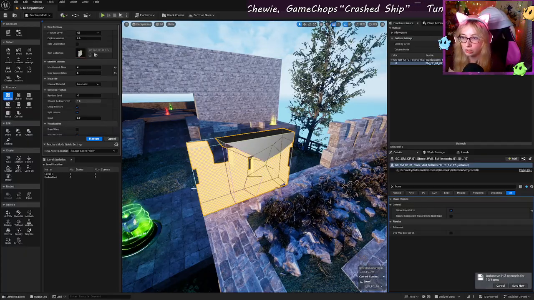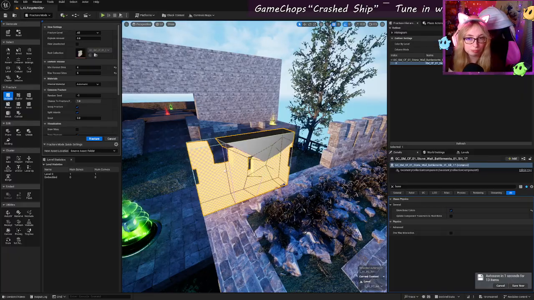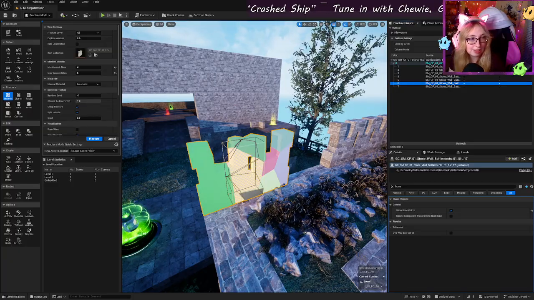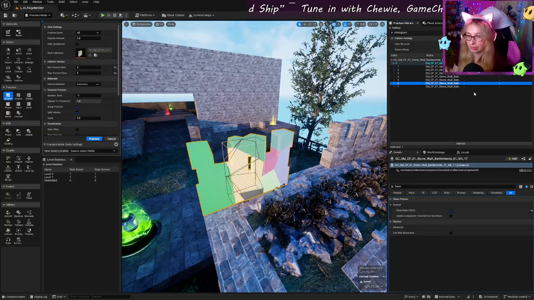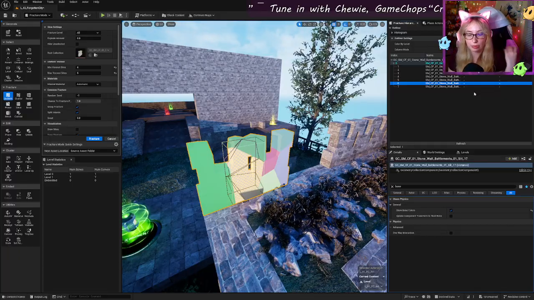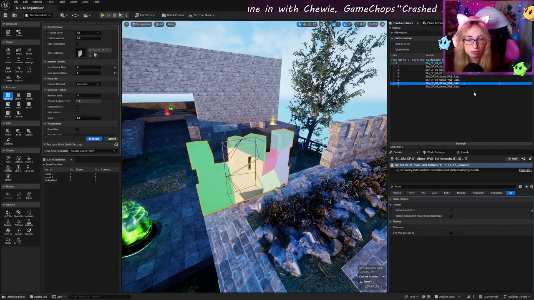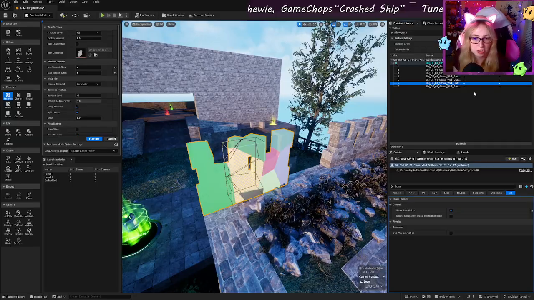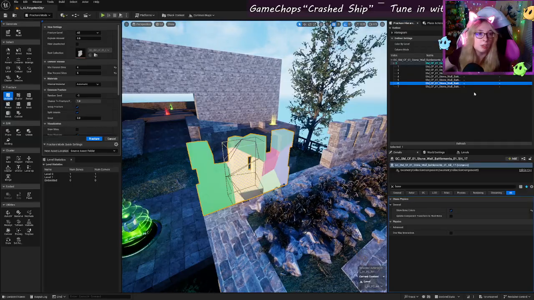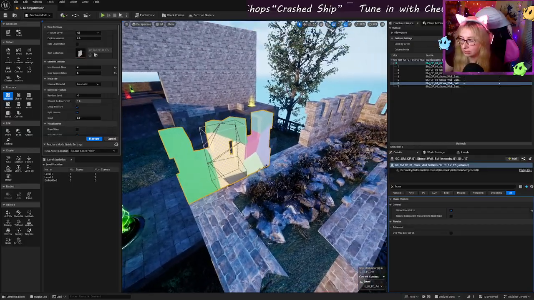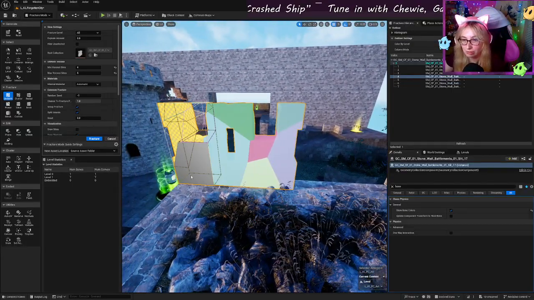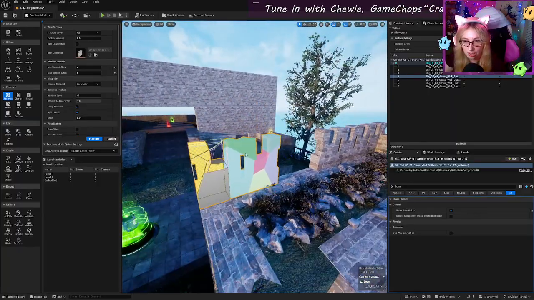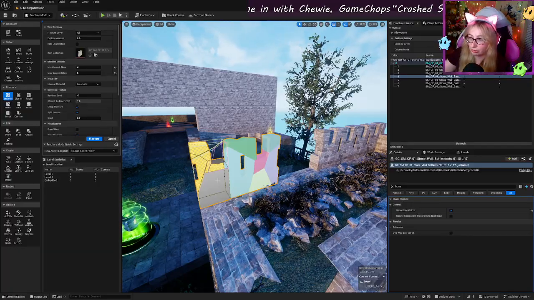I forgot about that, but in the hierarchy you can pick certain pieces, and you'll see that it has this anchored state here. By anchoring them in place, if you have it with the dynamic physics of the destructible stuff, there is a volume you have to apply so that when it interacts with these geometry collections they'll explode. But for instance, if we anchored this left part of the wall down and left everything else to be interacted with that physics object, if we were to shoot this with a grenade with that property,